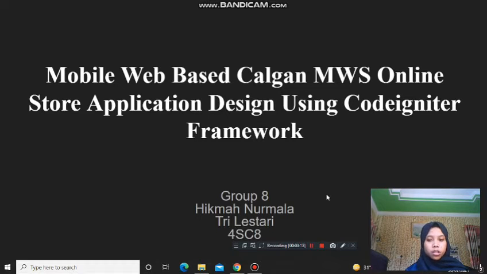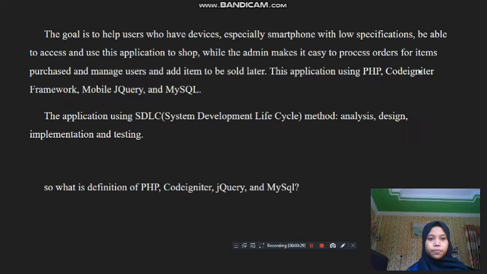We will present our project, the result of our review in a paper entitled Mobile Web-based Calgam MWS online application design using Codeigniter framework. The goal is to help users who have devices, especially smartphones with low specification, be able to access and use this application to shop,